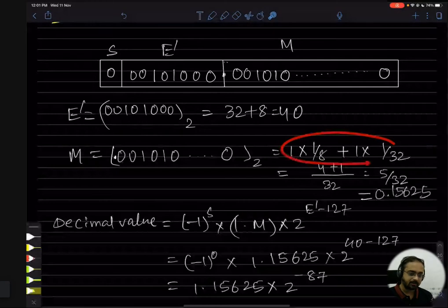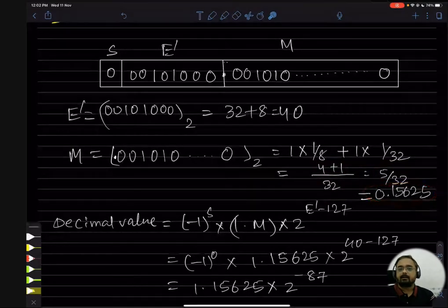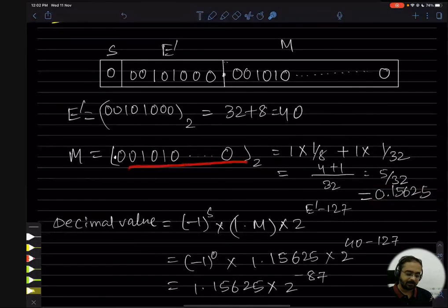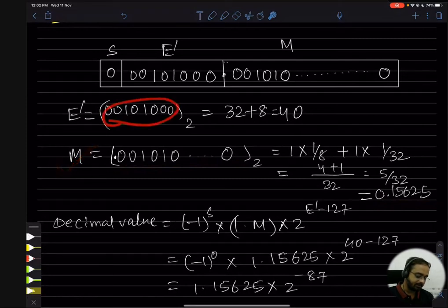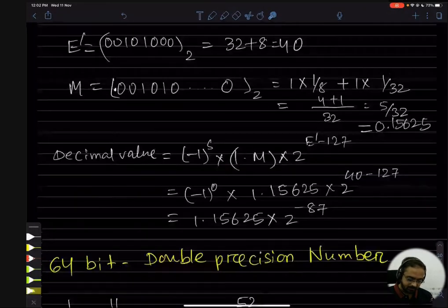Only these two bits are 1, the rest are all 0, so it is very easy for addition. You do the addition, whatever way you know. So this is the result at the end. This is the fractional number you get after converting from this binary number to a decimal number. Always remember M is not a normal binary number, it is a fraction. There is a decimal point, and then you have to apply 2 to the power minus 1 and so on.